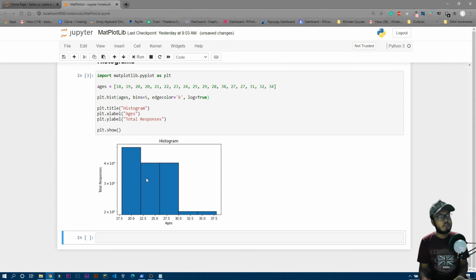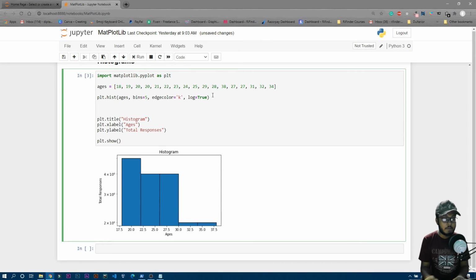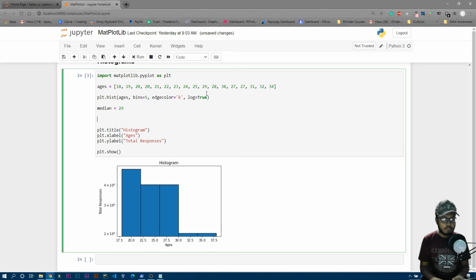And also you can show some median, mean, those kinds of things. So let's assume we have a median of 28 or something like that. Let's write median equals 29, and then I can write over here plt.axvline. This is basically a vertical line for that median. If that is 29, it will count the median of that particular section. That means 29 is over here, 27.5, and in between 30 and 27.5 it should be over here, and it will create a vertical line over here. That means this is the median point.